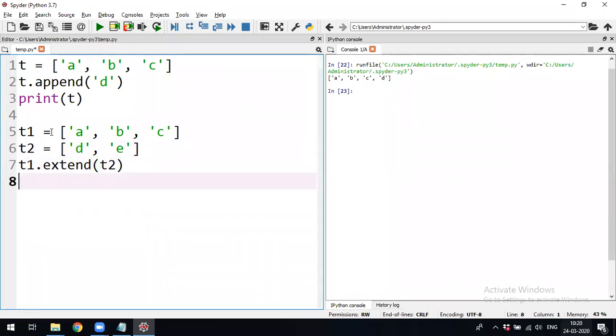T1 dot extend, with more than one element. Or instead of giving the elements directly, you have stored them inside a list called T2, and you want to add it to T1. In that case, we'll use this extend function.